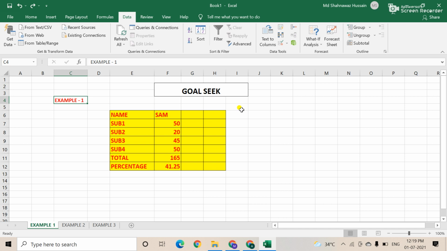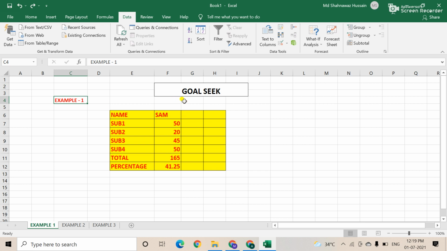Technically, goal seek is the process of calculating a value by performing what if analysis, which is in the group of data. On a given set of values, for our purpose, the Excel goal seek feature lets you adjust a value and use the formula to achieve the specified goal. Means in goal seek we achieve the goal as per the condition, use the formula, and after this you use the goal seek function.